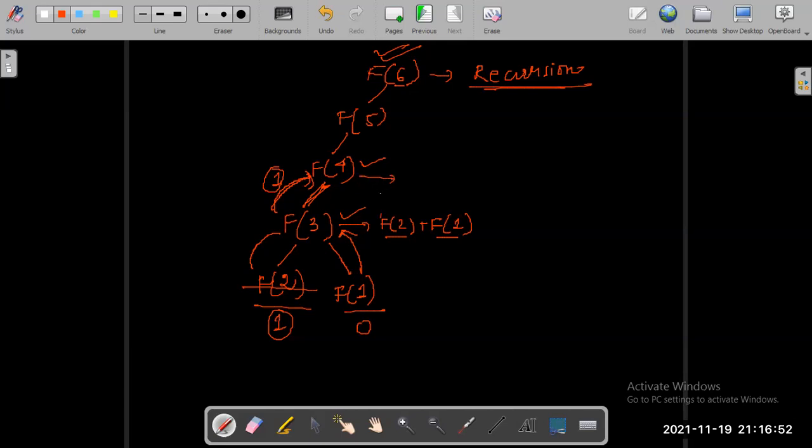Fine. Now f of 4 has successfully calculated f of 3. Now f of 4 will call for f of 2, right? F of 2 is 1, we know that already, so it will be written as it is. Both f of 3 and f of 2 for f of 4 have been calculated. Now what will it return to the previous function call? So 2. Why 2 will be returned to the previous function call?